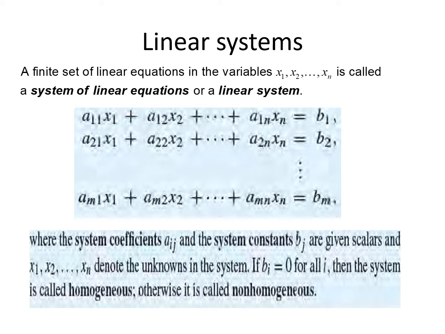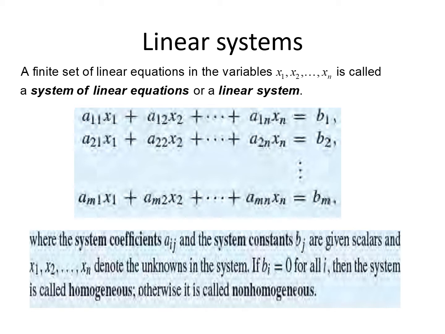The second equation is a21x1 plus a22x2 plus dot dot plus a2nxn equals b2. The last equation is am1x1 plus am2x2 plus dot dot plus amnxn equals bm. So here we have m equations with n variables,